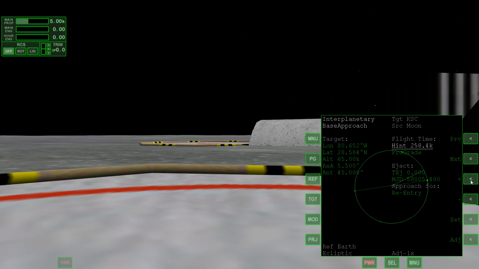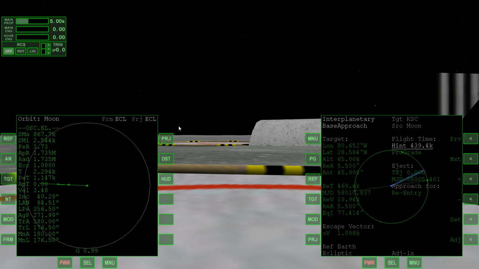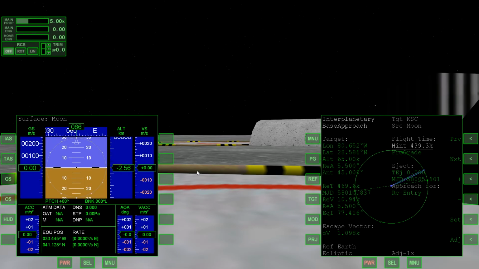So now I'm just increasing the hint, which is just time in seconds, until a trajectory is found back to Earth. And you can see here is one that's looking about 5 days. Let's see, eject is 58005, and periapsis time is 58010. So that's about 5 days of flight. And it actually looks like that will be daytime at Cape Canaveral, which is also what I want. So currently the escape vector velocity is shown down there at the bottom, but that's going to change as we adjust the plan. So that plan will work.